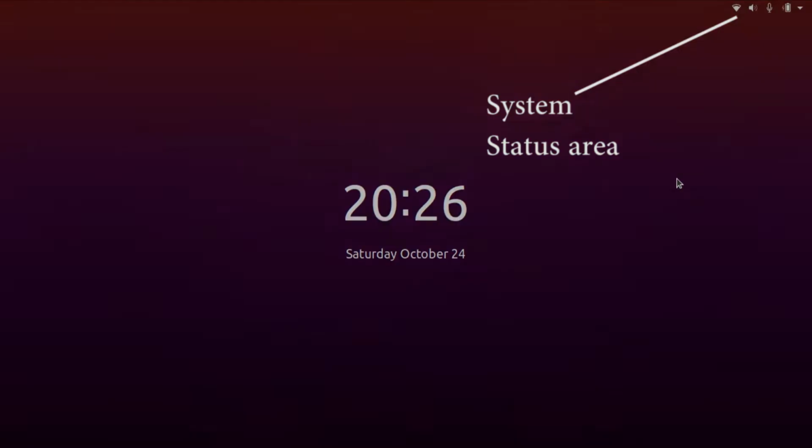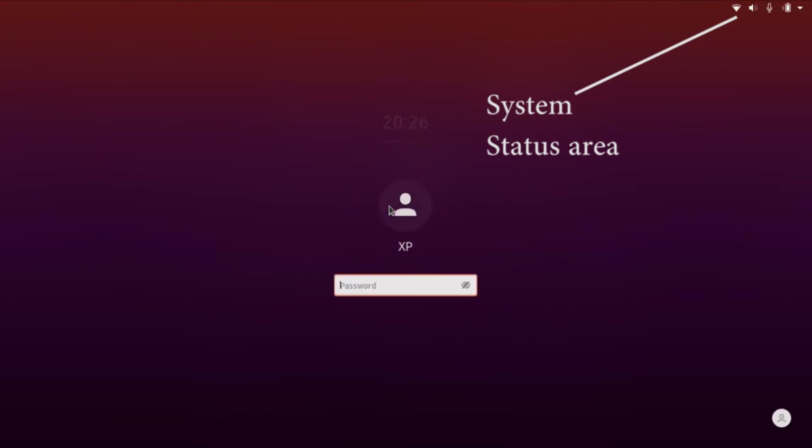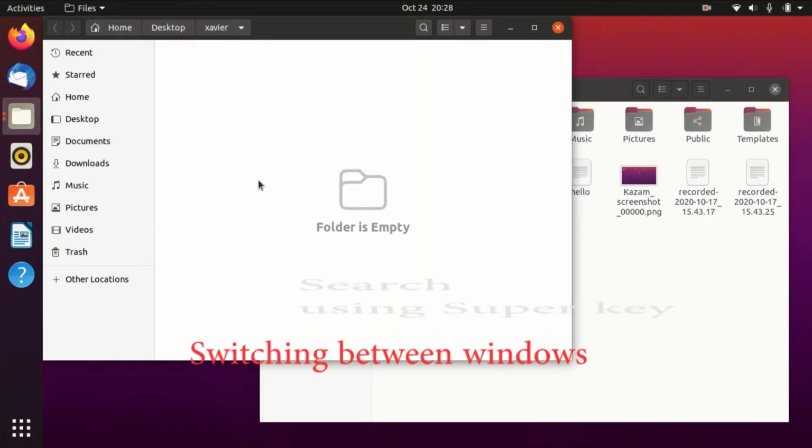You can lock the screen by clicking on the lock button. Then it will go to hibernate if it is a laptop, or if it is a desktop, it will ask for the username and password. That means it will ask for the password to log into your desktop once again.